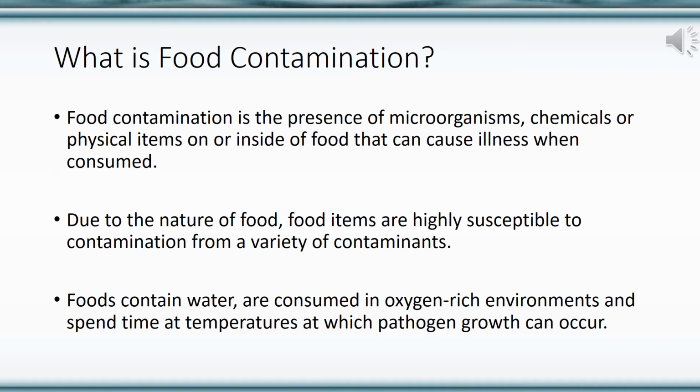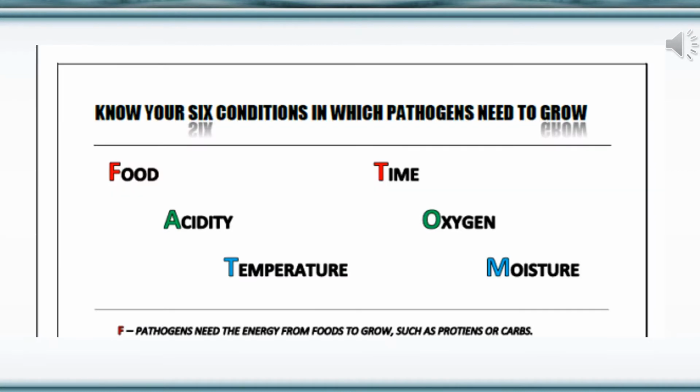Due to the nature of food, food items are very susceptible to contamination, and food contains water and other conditions and ingredients that are necessary for bacteria to live in and thrive at. This slide lists the different conditions and factors that need to be present for microorganism growth to occur, and these conditions are outlined through the acronym FATTOM,